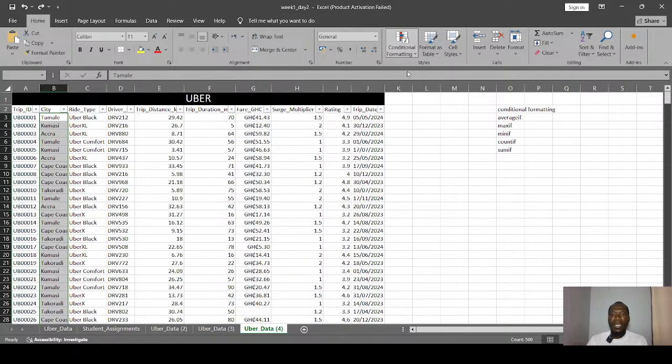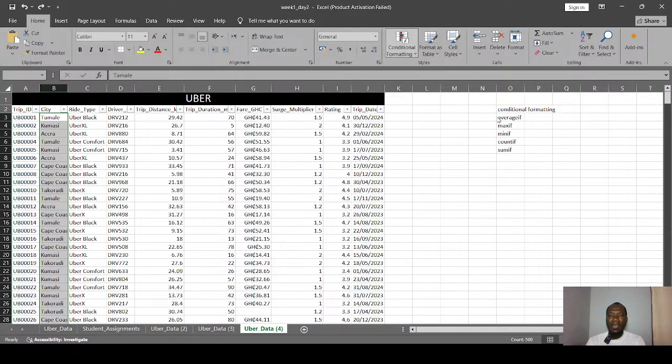The first option is highlight cell rules, so we click on that, and then it will open another pop-up right next to it. We'll see greater than, less than, between. Those we can use when we are dealing with numbers, but we are not dealing with numbers right now, we are dealing with text. So since we are dealing with text, we will work with the equal to. We can either work with the equal to or text that contain, but right now I want us to work with the equal to.